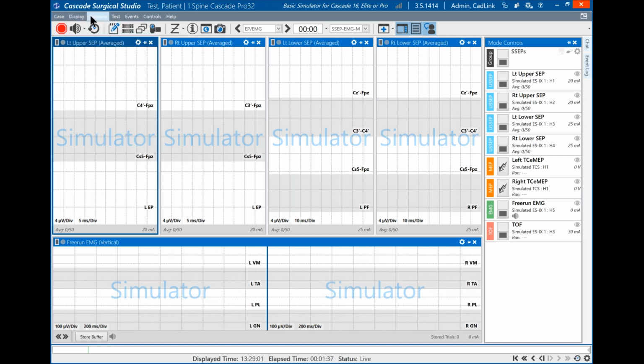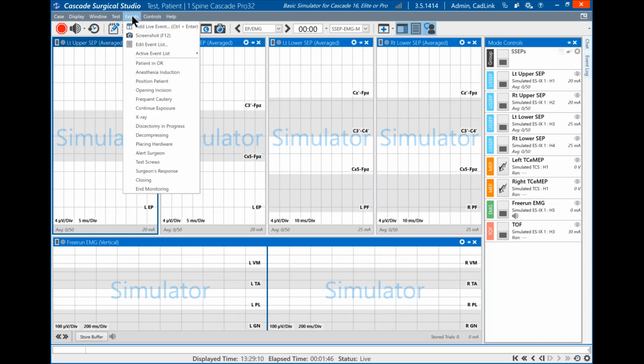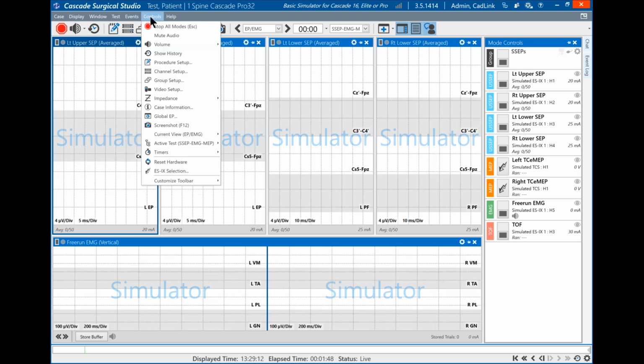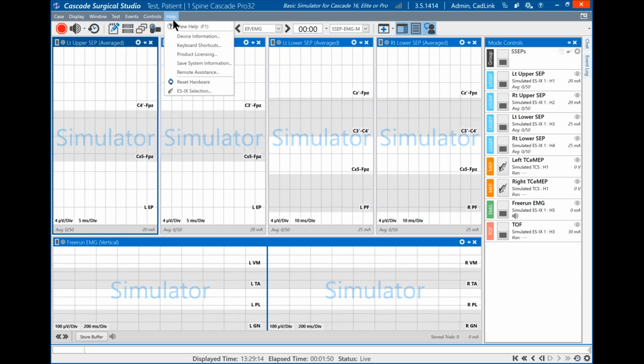Now that I've clicked on one, I can just hover on the other and they will show us what's available. Events, various controls that we have. Back to our help menu, same as the question mark in the upper right-hand corner. And then our toolbar. One thing you'll find with Surgical Studio in particular is if you hover on anything for just a moment, it will tell you master volume,